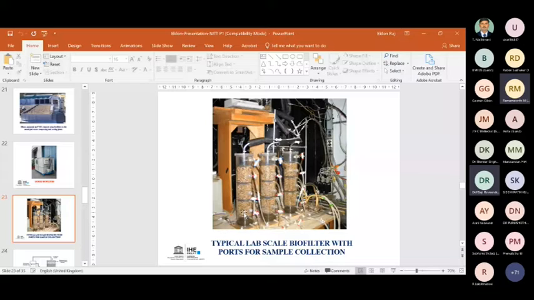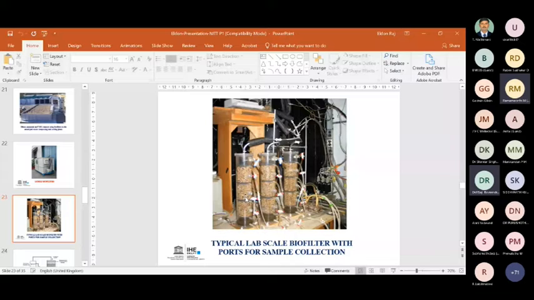But this can of course change depending upon the microbial activity. It can also change upon the composition of the waste gas. And we also have ports here, and these are small ports which you can open with a septum, and you can collect the biomass, you can collect the packing material. And once you collect the packing material, the biofilm can be removed from the packing material, and you can do